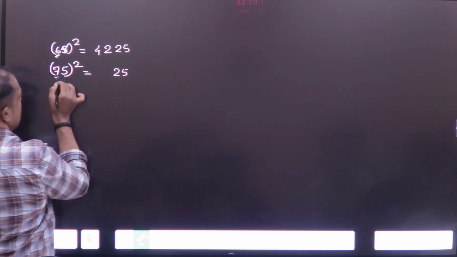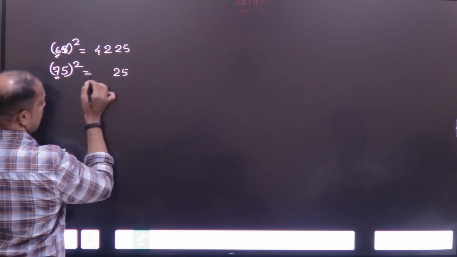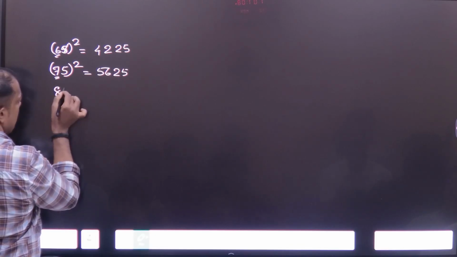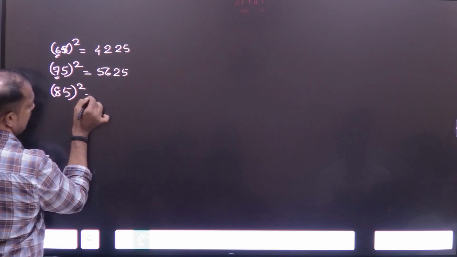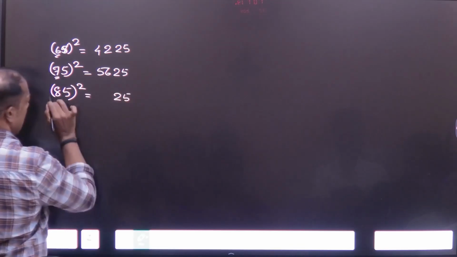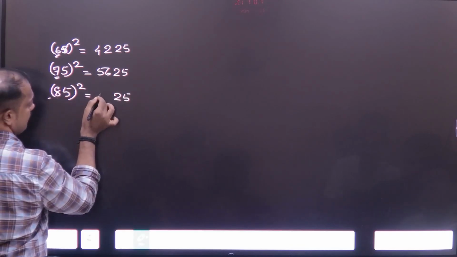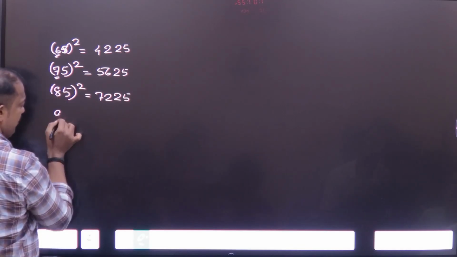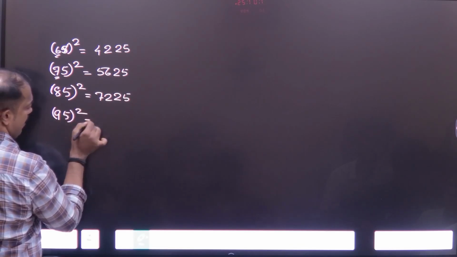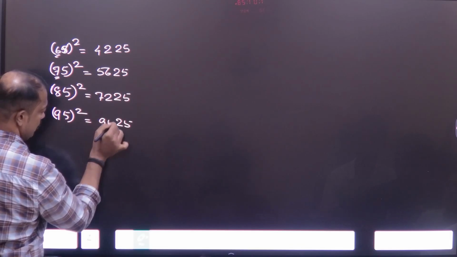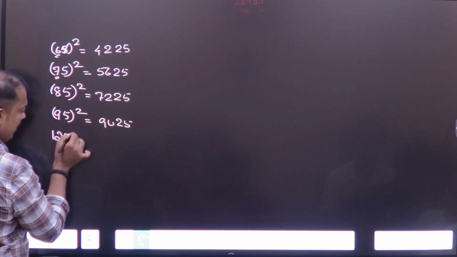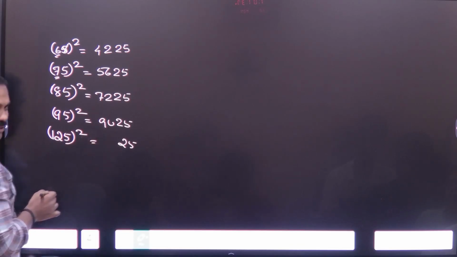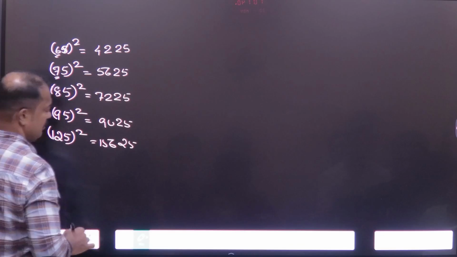25, 7, number after 7 is 8, 56, 5625, 85 square 25, after 8 is 9, multiply, 7225, next 95 square 9025, 125 square 25, 12, after 12 is 13, 12 13s 156, so